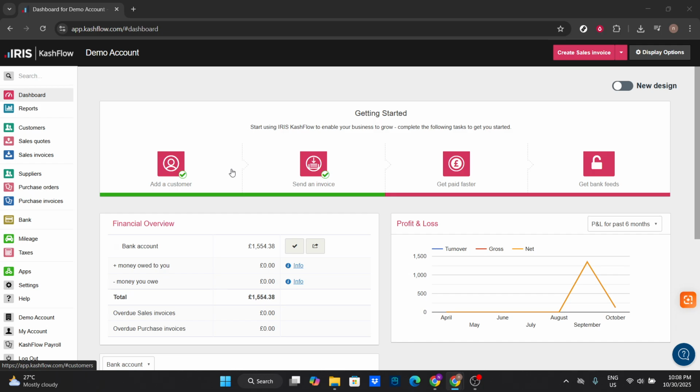First, we start by navigating to the Iris Kashflow website. You'll want to make sure you have a stable internet connection and that you're logged into your account to begin this process smoothly. Once you're on the home page, the next step is to click on the Customers tab in